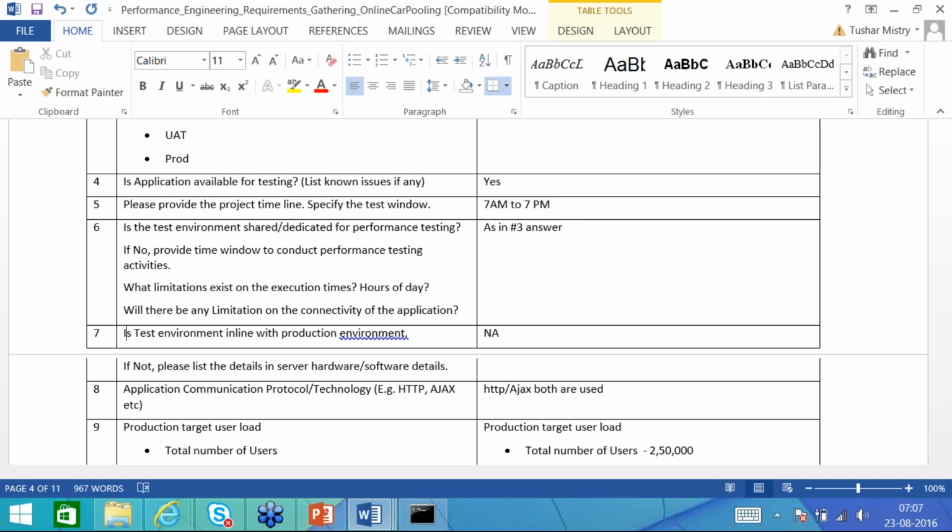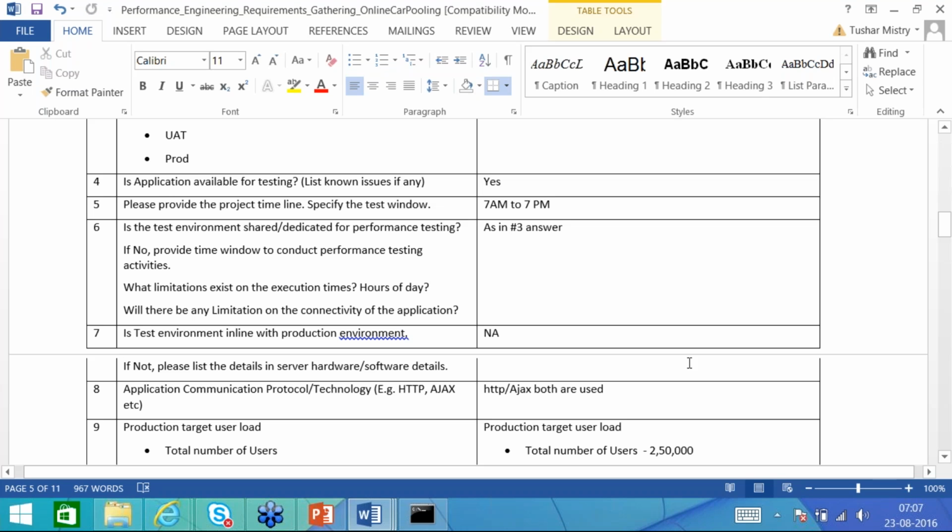But if two in your performance testing environment and 6 in production, the results will differ. So you should always cross-check this. If not, please list the details in server hardware and software details. Whatever differences are there in both environments, the client will list out here.